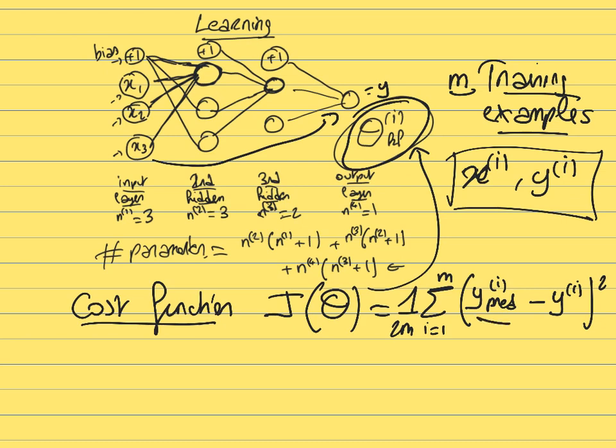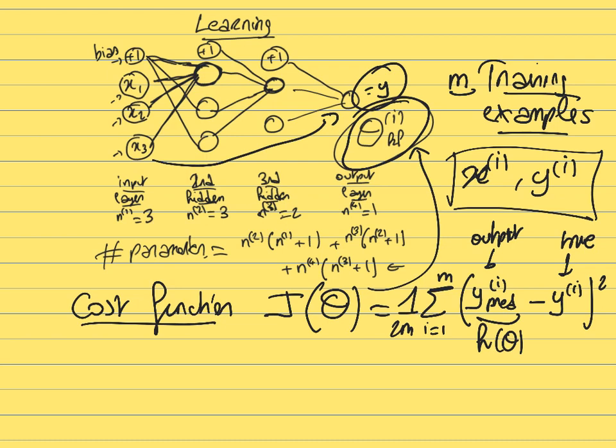And so here, this value, the y predicted, this is the output of the model. So this is the hypothesis of your model. This is the h of theta. This is the output of the model. And here you are just comparing the output of the model with the true observation from your training example. And this is going to give you an estimation of how good your model is.